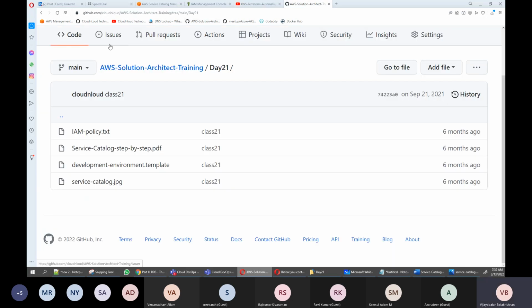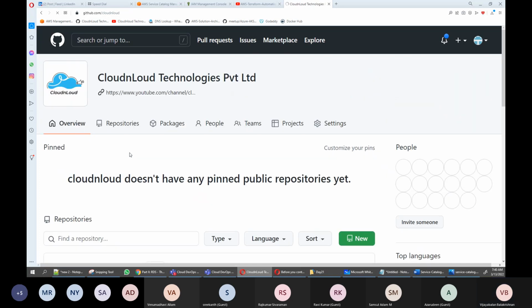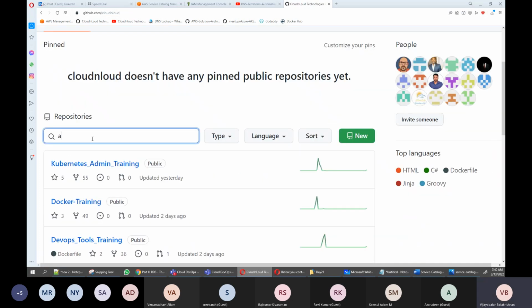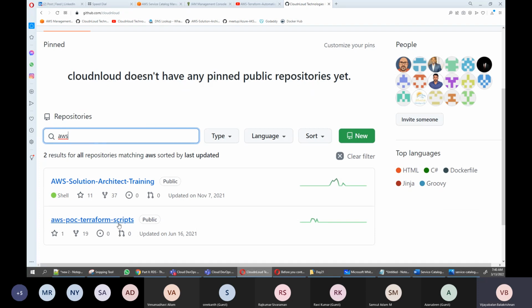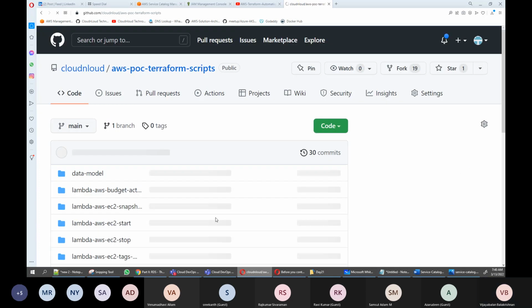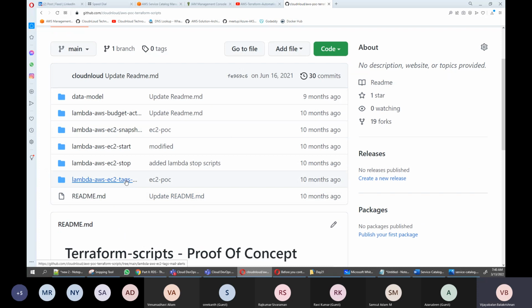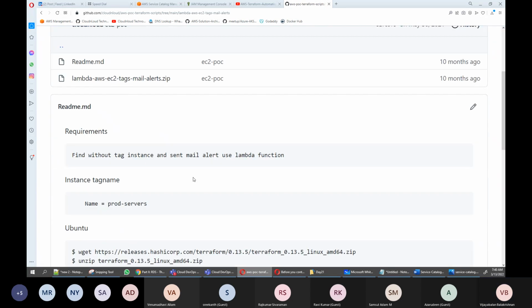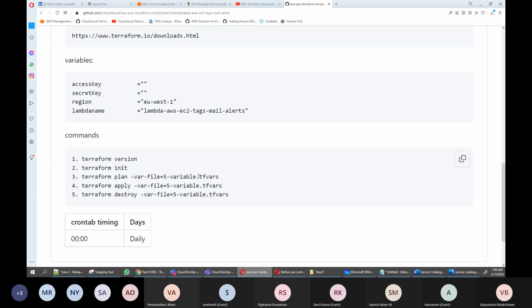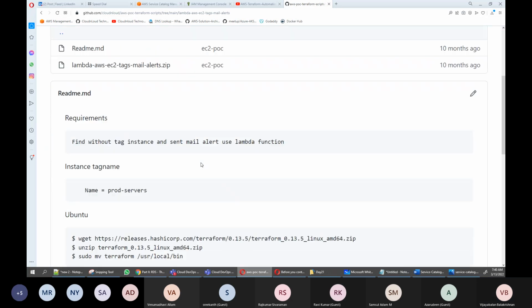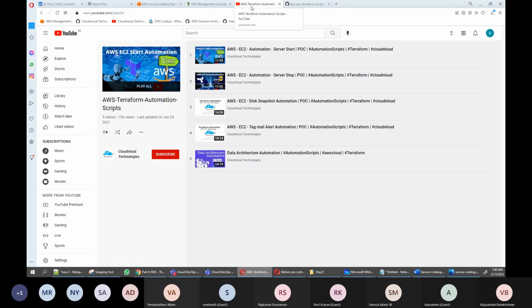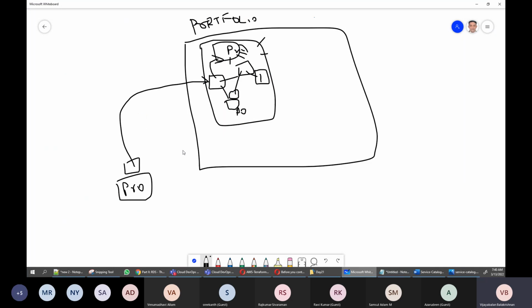I'm going here. I'm going for Cloud and Cloud. I'll search AWS, I'll show you what I'm trying to explain regarding that, tag mail alerts. I think I haven't released it. Okay, so in that case, I will go for add in the same GitHub. So basically, what I created is